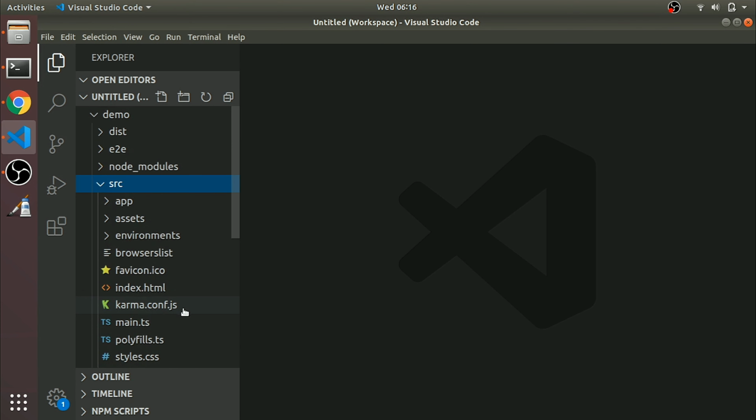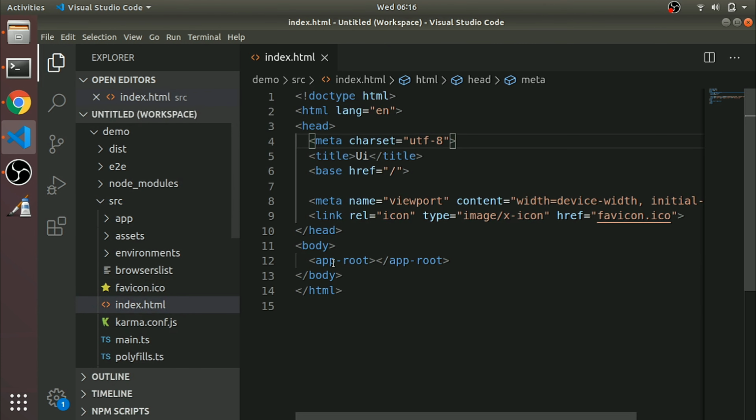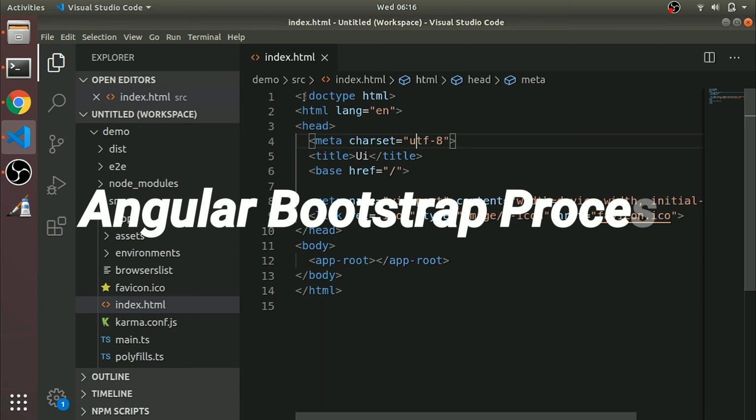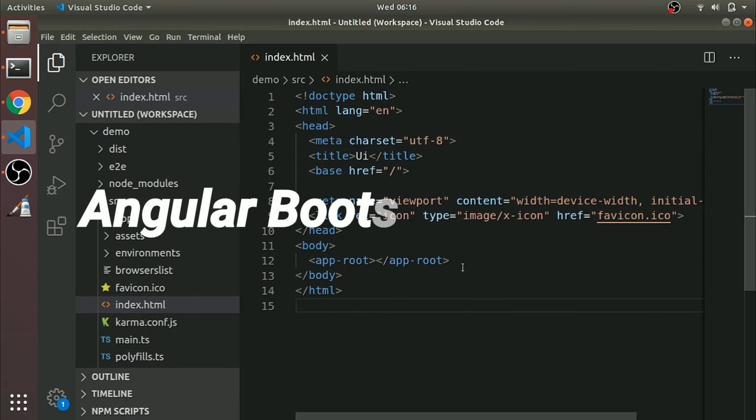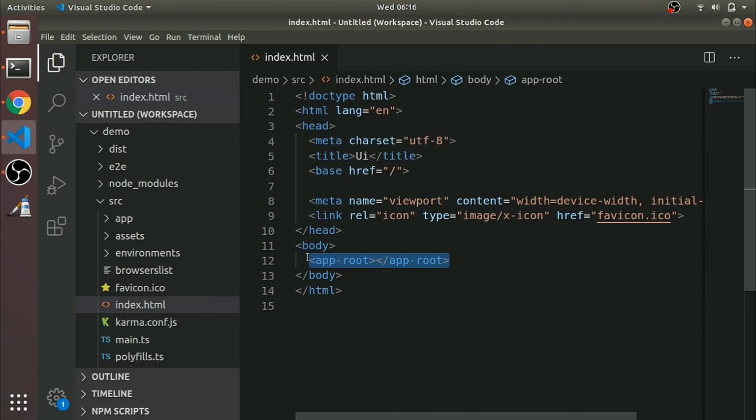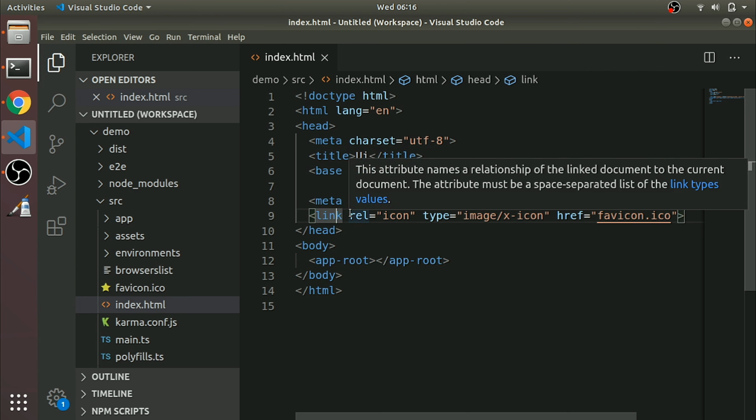Okay. Next, I will explain the Angular bootstrap process. If you open index.html, we have only HTML tags, right? So how does Angular know where to insert and what to insert? Let me explain the Angular bootstrap process. What is bootstrapping? First question. Bootstrapping is a technique of initializing or loading our Angular application. Angular takes the following steps to load our first view. So let me type them one by one.